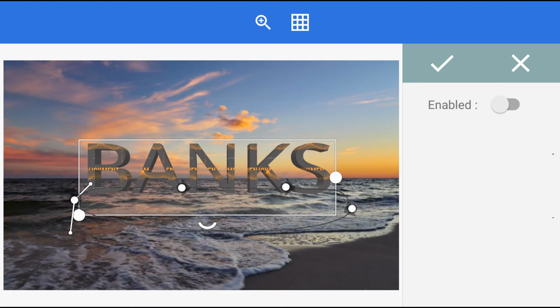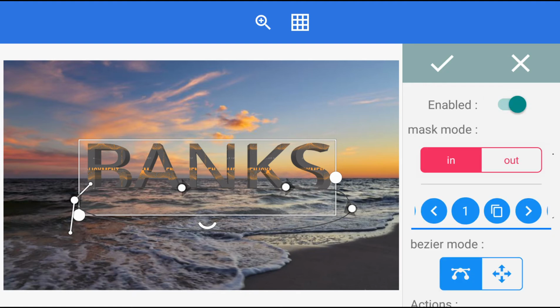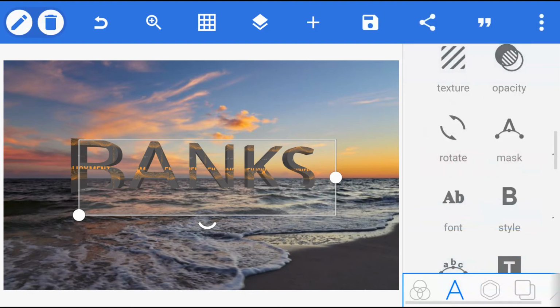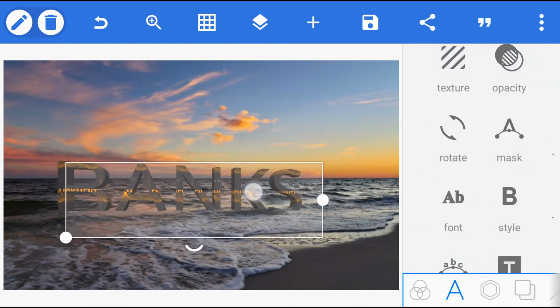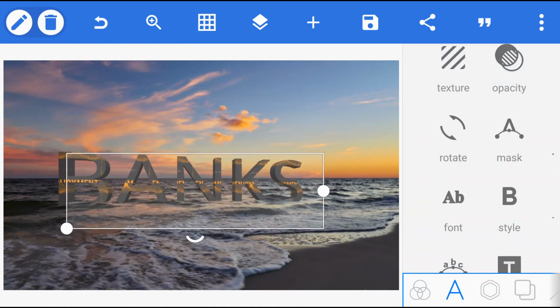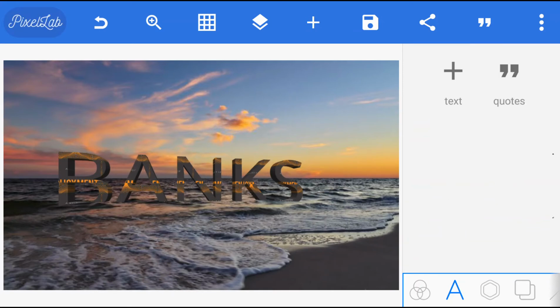Let's say okay, we now click on enable, and you see that part disappeared, and if you click on OK, then you see it now feels like it's in water, like water covers some parts, and that is now feeling good. But it's not all done,